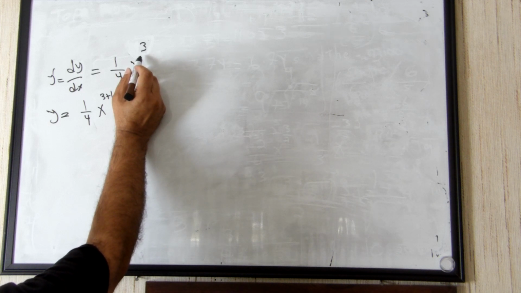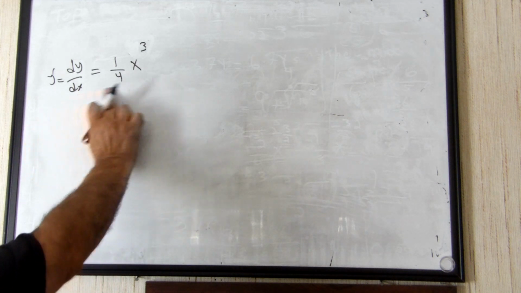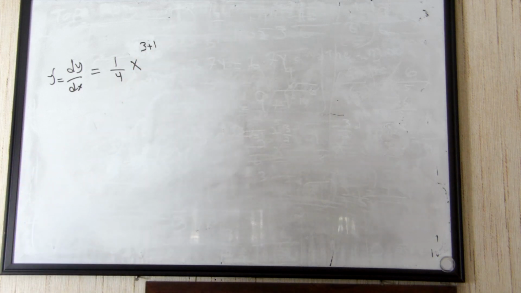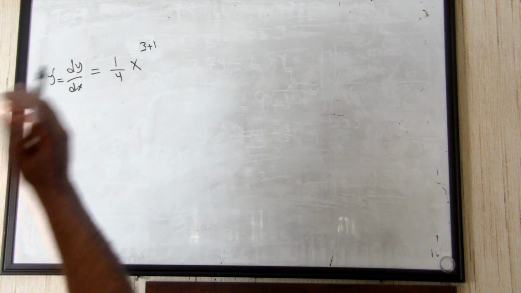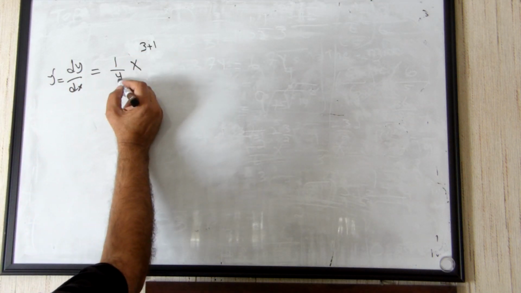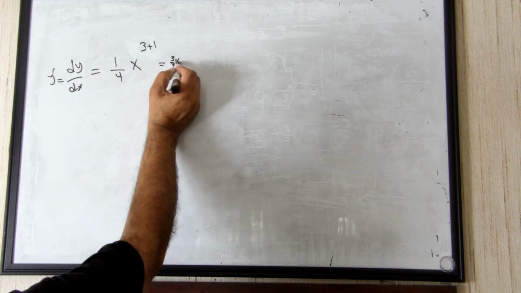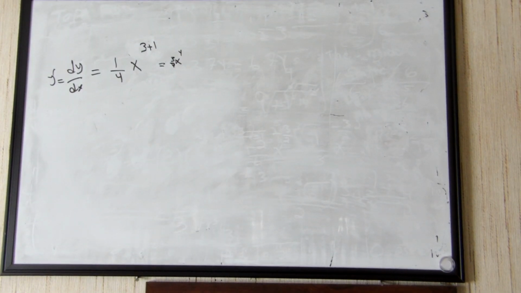Remember that this is going to be added. Actually, what happened, 3 times 1 over 4 times x to the 1 over 4, okay? So this is